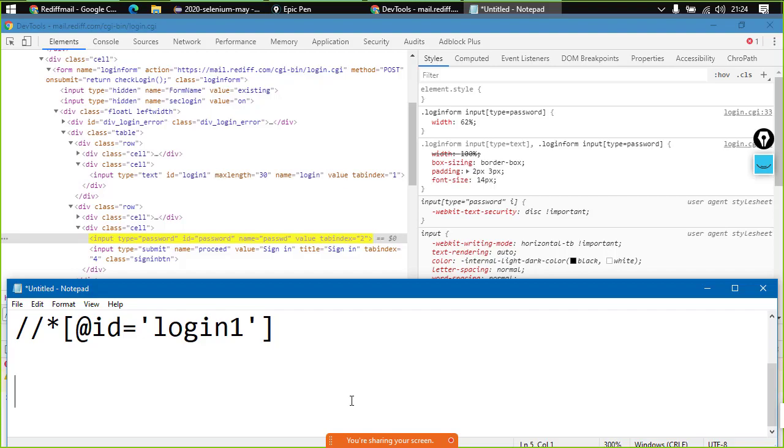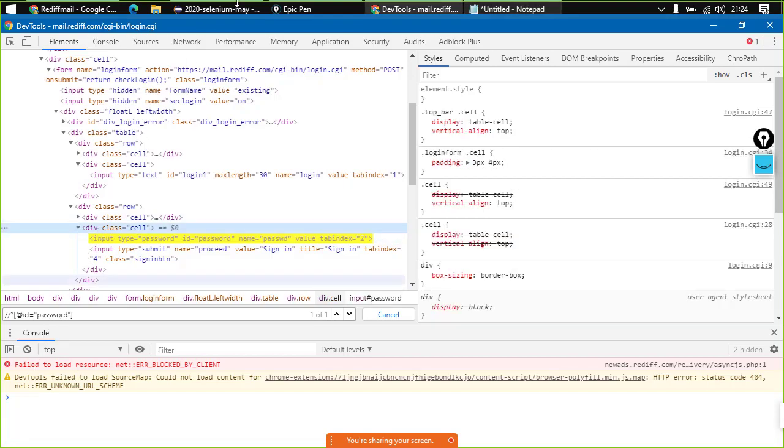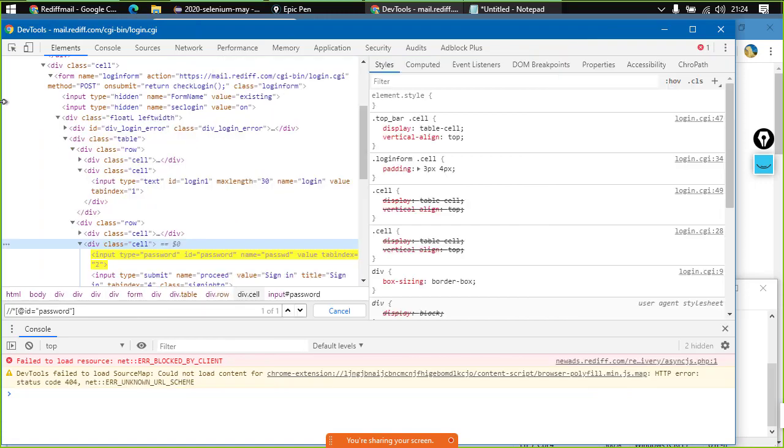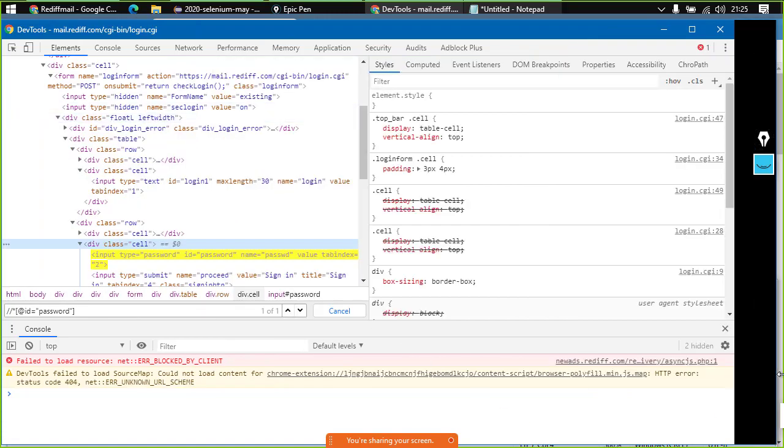We need the input tag, right? So input, right? Then input tag is inside div tag. We are done reaching here, right?